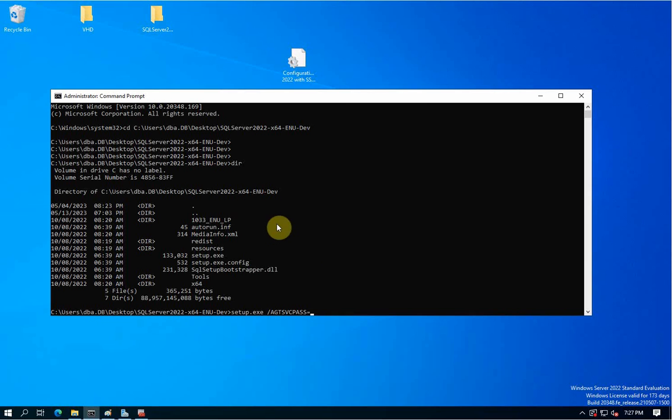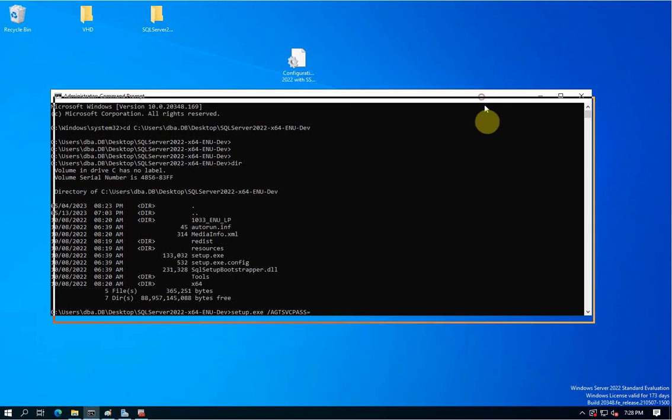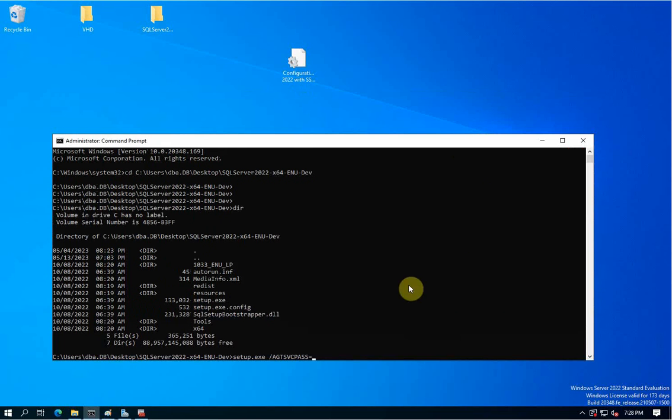Also, you have to specify the configuration file, and then you run this from the command line. It is a silent, unattended install. There's no GUI interface, okay? This method is useful if you also install through centralized software and perform the installation through that. All right, so that is today's